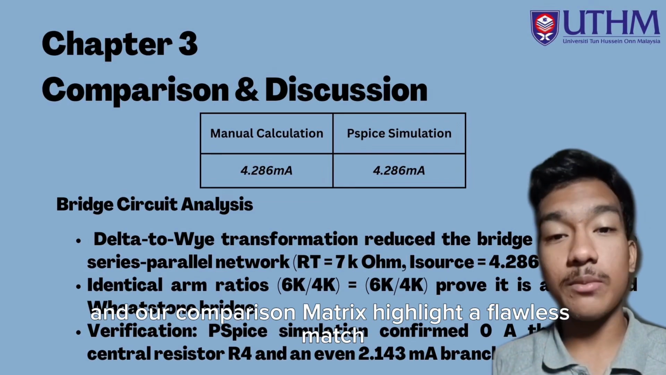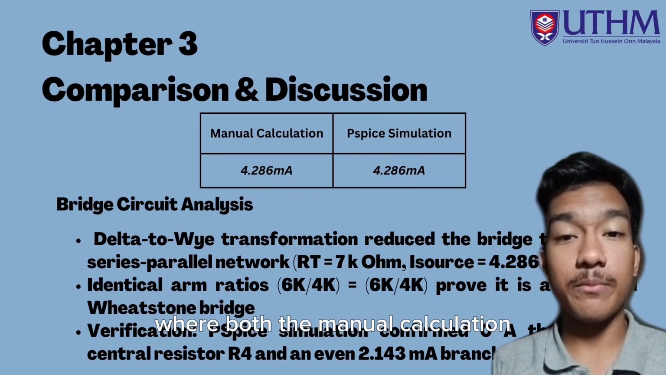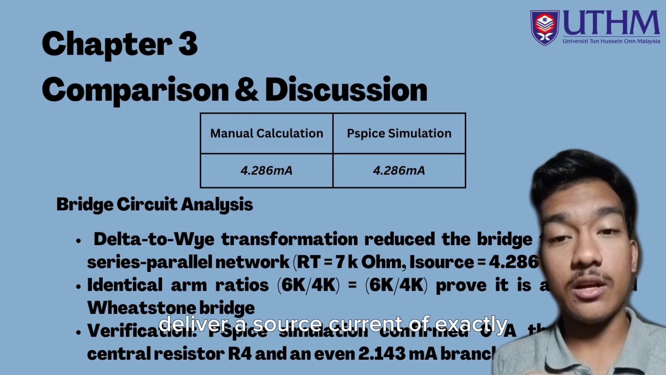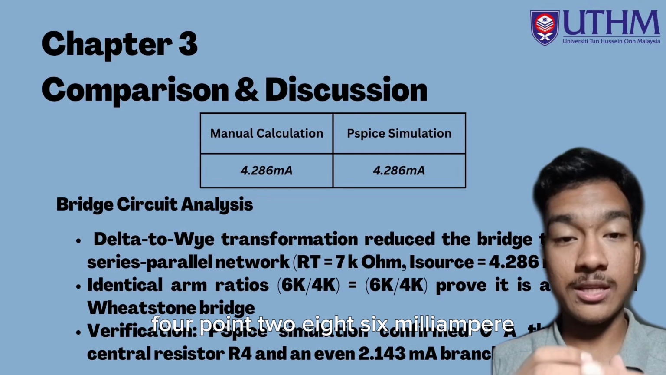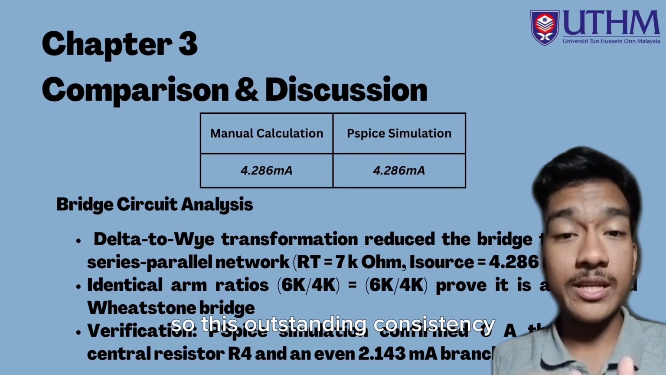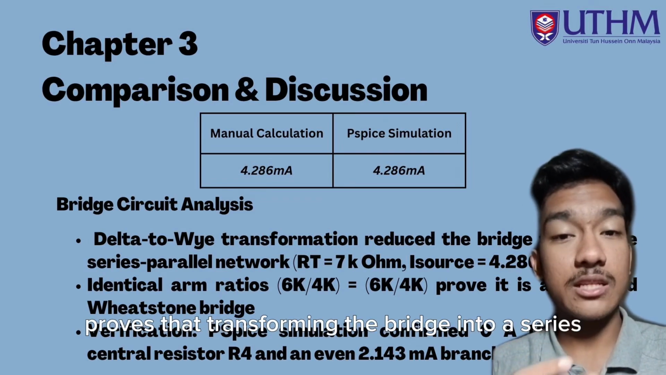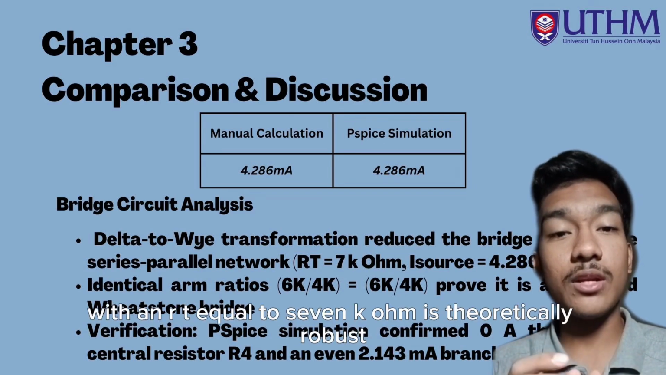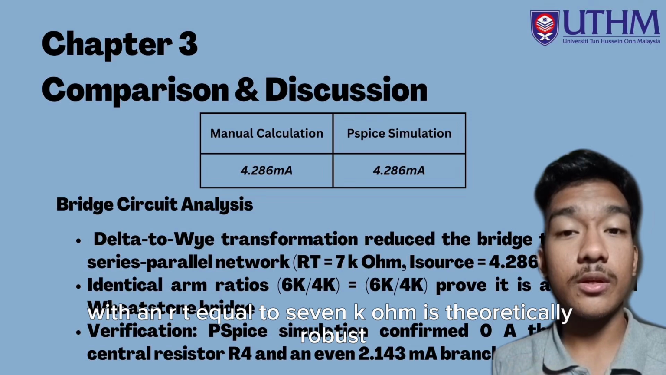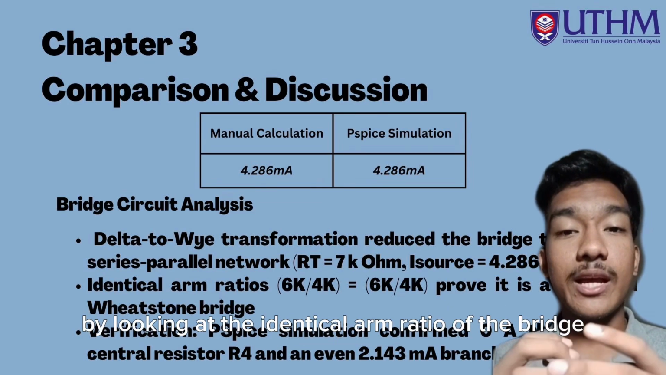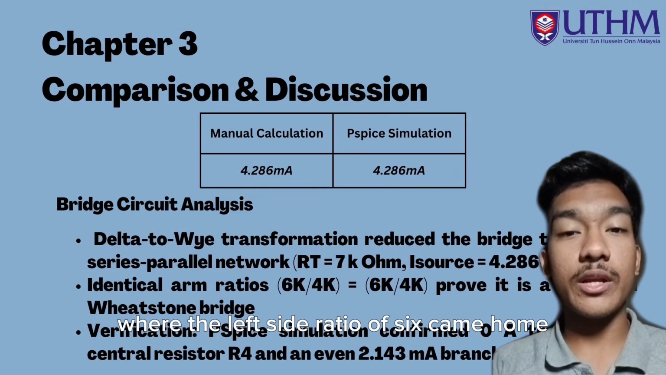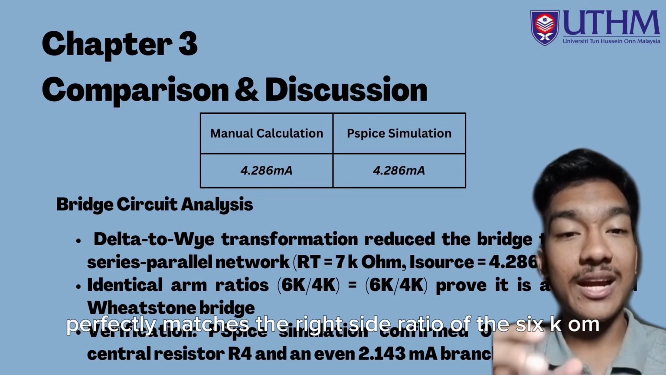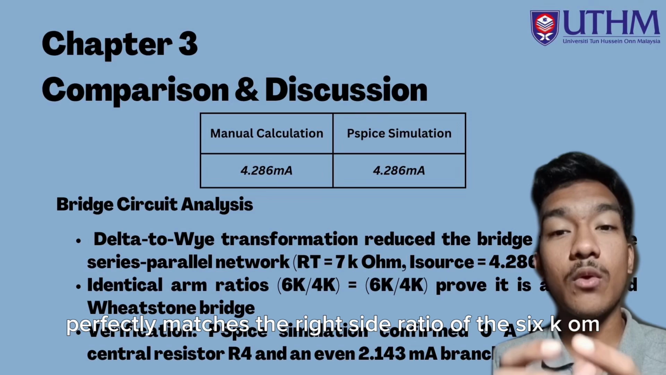So concluding chapter 3, slide 10 offers our structured comparison and discussion. Our comparison matrix highlights a flawless match, where both the manual calculation and the PSpice simulation deliver a source current of exactly 4.286 milliampere. This outstanding consistency proves that transforming the bridge into a series parallel network with an RT equal to 7K ohm is theoretically robust. Furthermore, by looking at the identical arm ratio of the bridge, where the left side ratio of 6K ohm and 4K ohm perfectly matches the right side ratio of 6K ohm and 4K ohm,